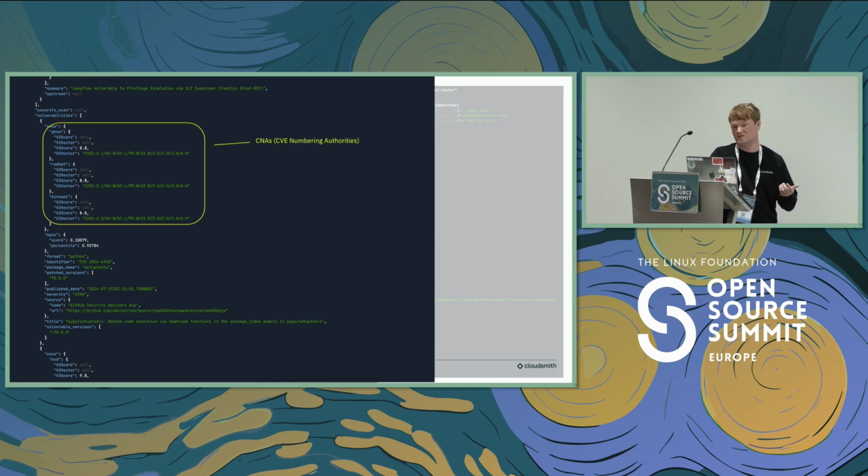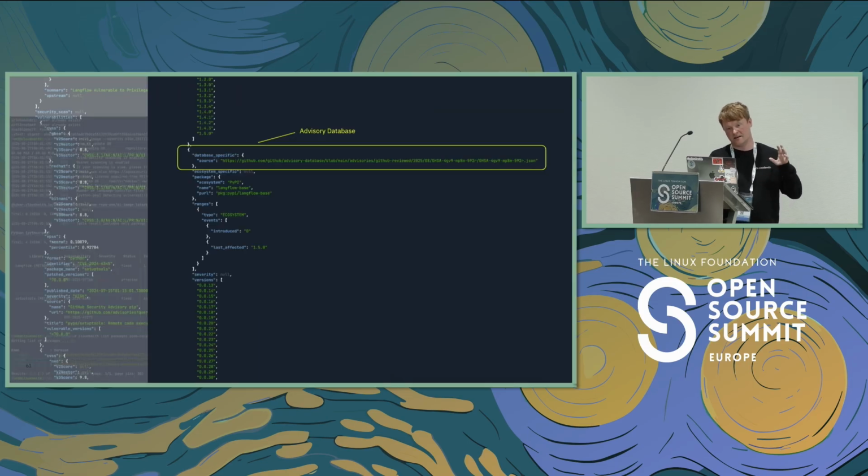So you can see here, the CNAs we talked about a while ago, those CVE numbering authorities. So you have the likes of GHSA, Bitnami, Red Hat, I'm sure there's a dozen other examples. They'll say, look, we are this vector source, this is the score we gave, they're all 8.8, so it's nothing new from each one. And then below it, you have the EPSS score, which is the percentile score you see there, which is like the probability of that thing being exploited. So again, you've got the different data sources there in the